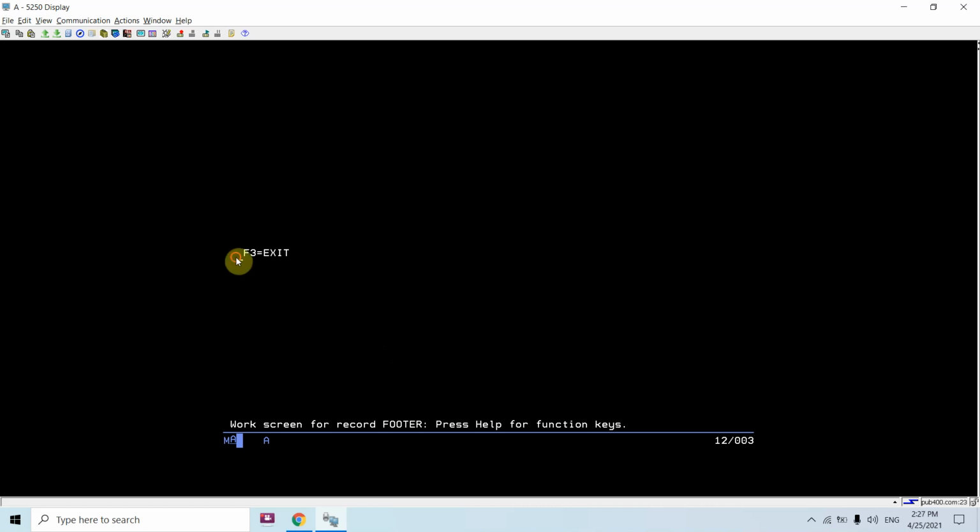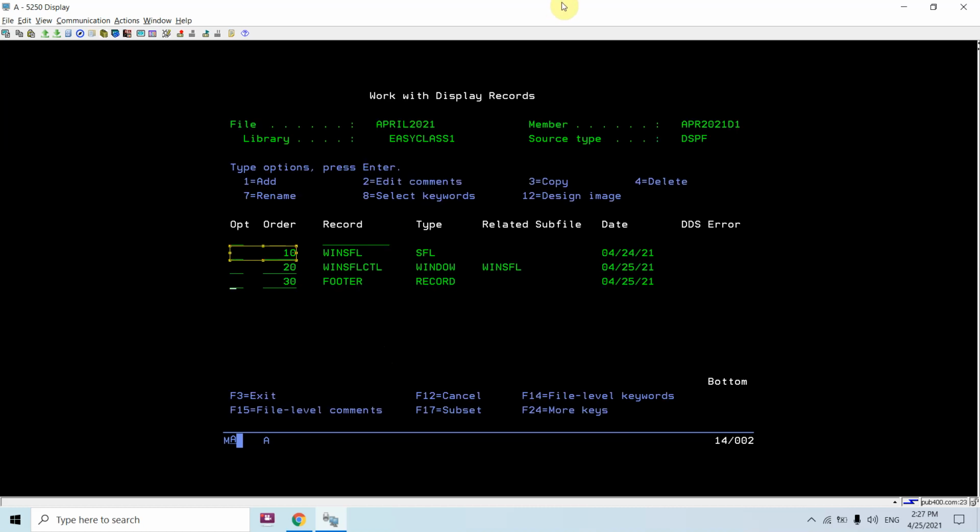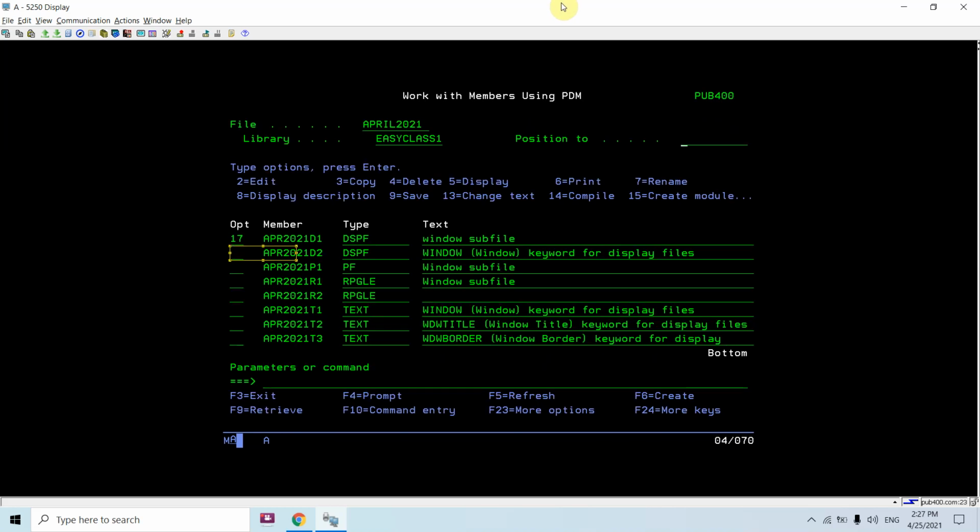Whatever positions I have defined, it is displaying there for now, but you can see that this is not coming inside the window subfile. So yes, that's why we have used that reference approach.